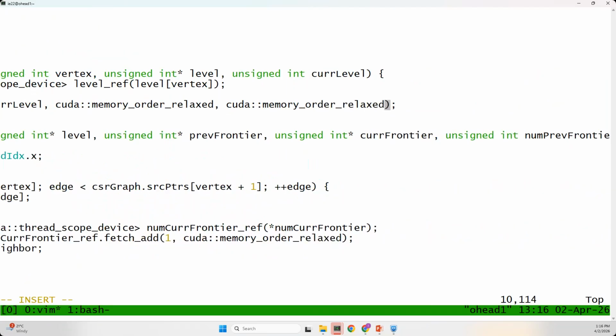Okay, the first one says that if the compare and swap succeeds, the memory ordering semantics is relaxed. The second one says if the compare and swap fails, then the memory order is relaxed. Okay? Okay, great. So now